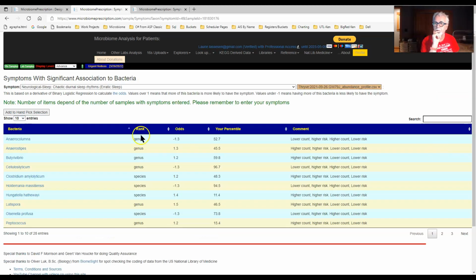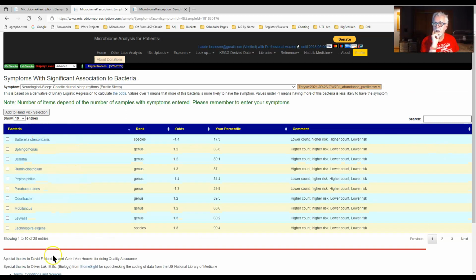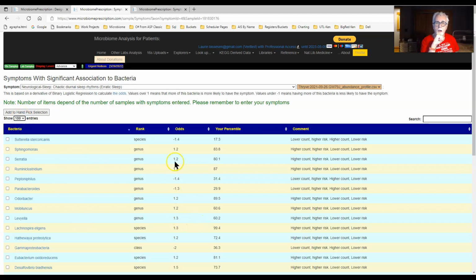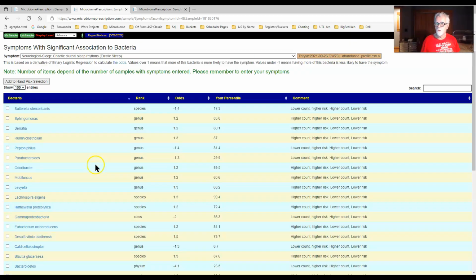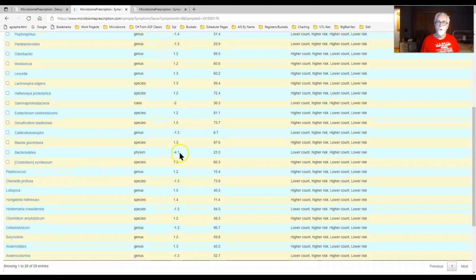We'll click over here. Again, click here, and now we have the bacteria which are going to be associated with that characteristic. And we have the numbers. Most of them are between 1 and 2. In other words, they are small contributors, not big contributors. But we can go in. Oh, here is one, but that one is, again, the column level, which usually I skip, but it indicates having less of it will probably improve your sleep quality. Again, we can just go in